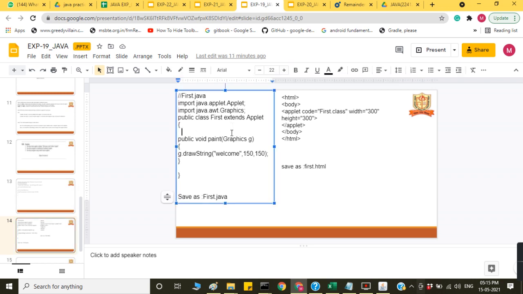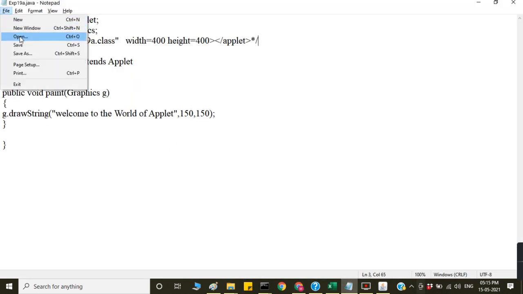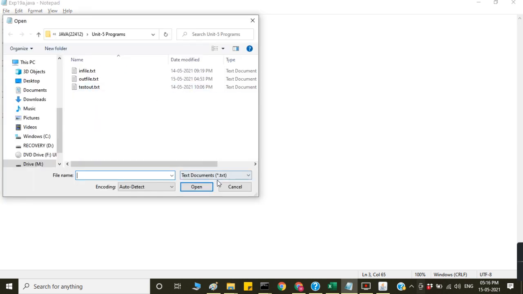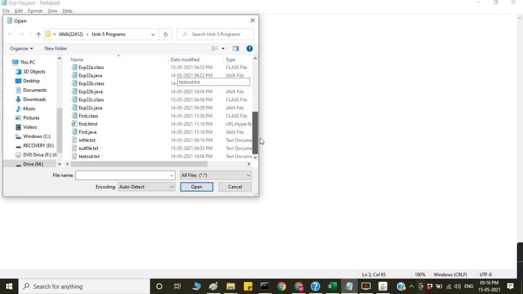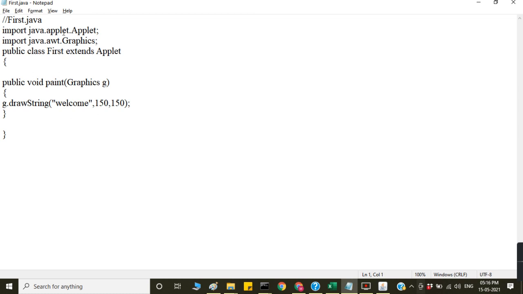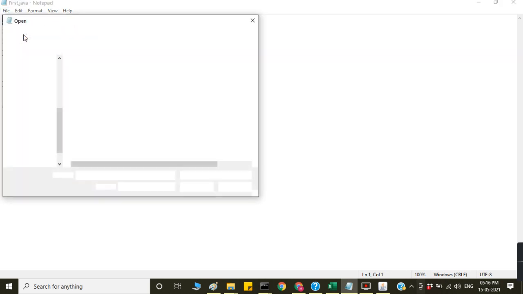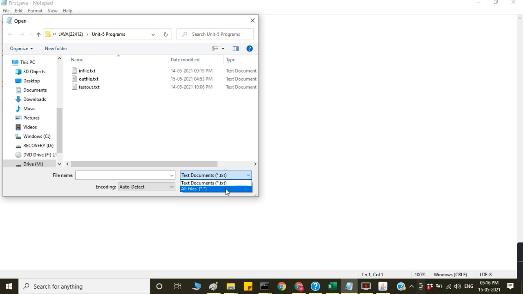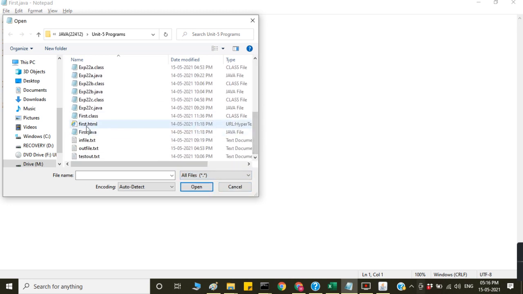And this is what you can write, the separate HTML code for this. This is one way to write the applet, and one more way is there. Open first.java file. Here only the applet code is written, and next welcome is written, and you have to write the separate HTML code for that, first.html.